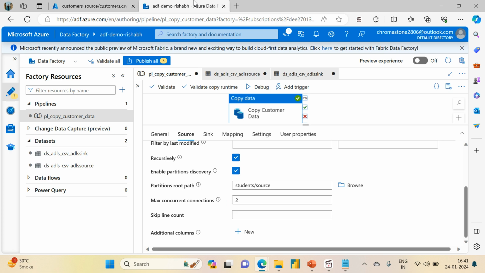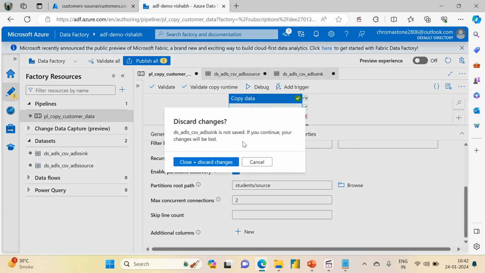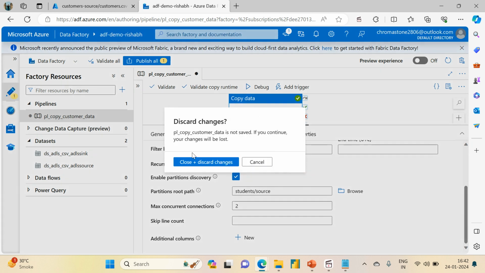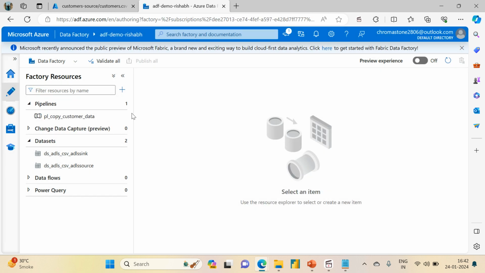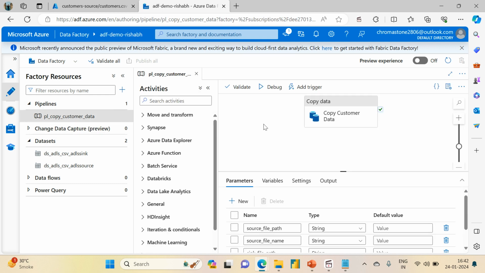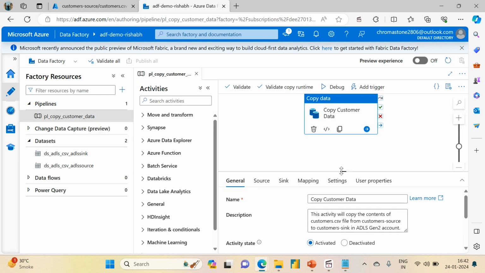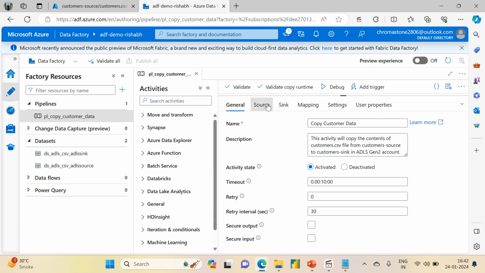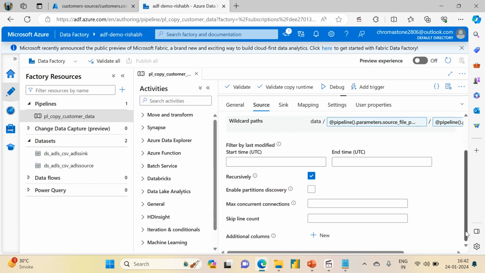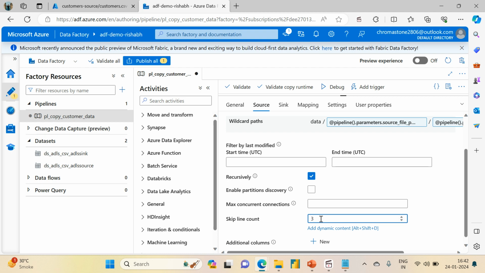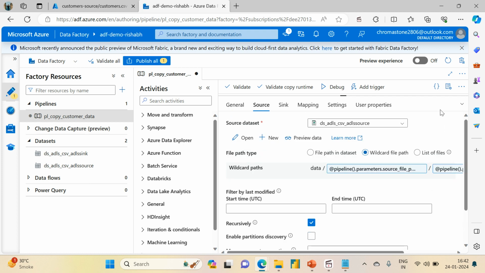Okay. Now I'm going to remove all the changes that I have made. So just simply close it, do not publish. That way it will discard all your changes, and you just click on the PL customer data. Now come here, and in the source, just enter skip line count as 3. That means from the top of the file you want to skip the first 3 lines, and as you can see, you can add dynamic content also. That means you can parameterize this as well. So right now I'm just going to publish it,